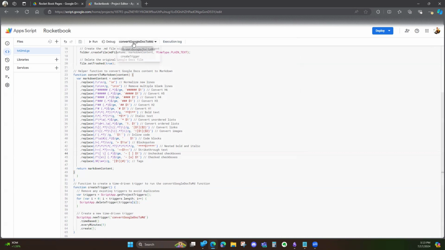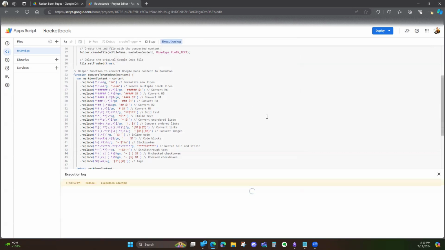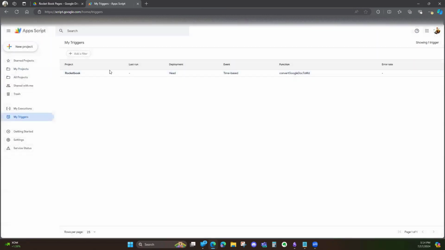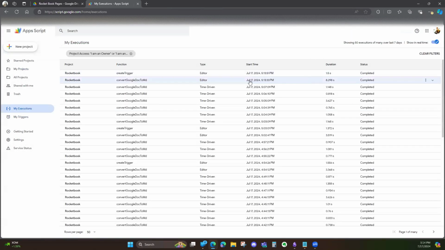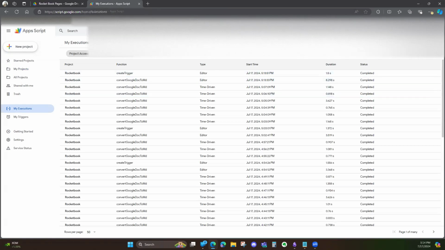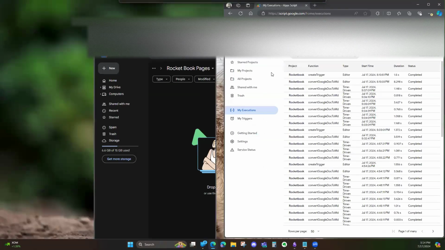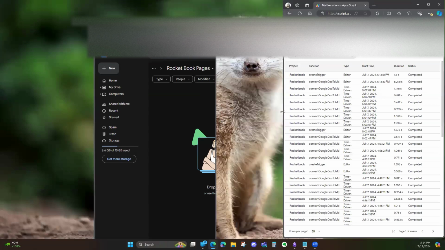Now, come back up here, click on this, and hit create trigger, and hit run again. That's going to set up that trigger. If you go to app scripts and hit up my triggers, you're going to see that this is where it's at. And if you go to my executions, you're going to see the last time that it was run was at 5:13 and 51. So now we're going to kind of spread these apart